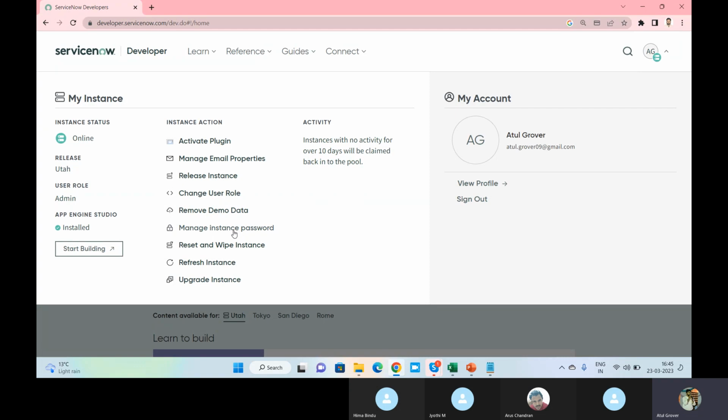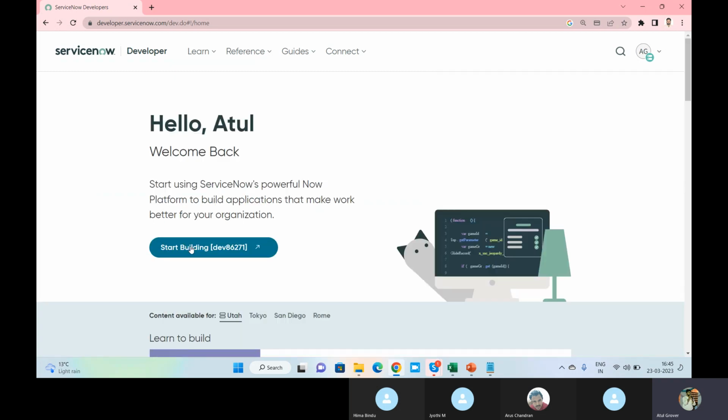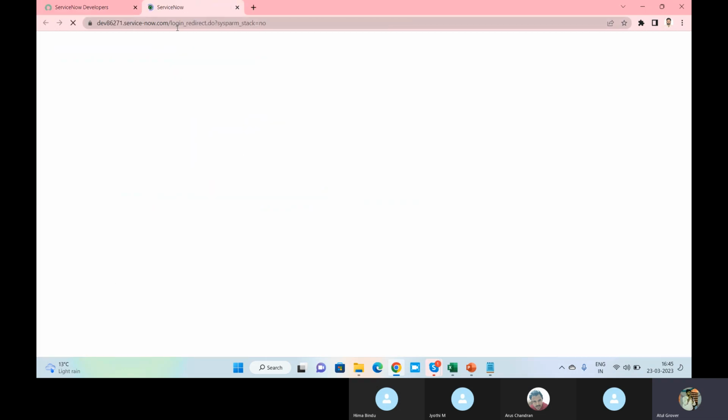Manage, you will get a username and password. The username is admin, the password will be different. I'm not showing it to you here because it's being recorded. And when I click on this, you will get a number like this. So I have dev 86271. It's very old now, I guess it's 3 years old. When I click on this, I will be logging into this particular